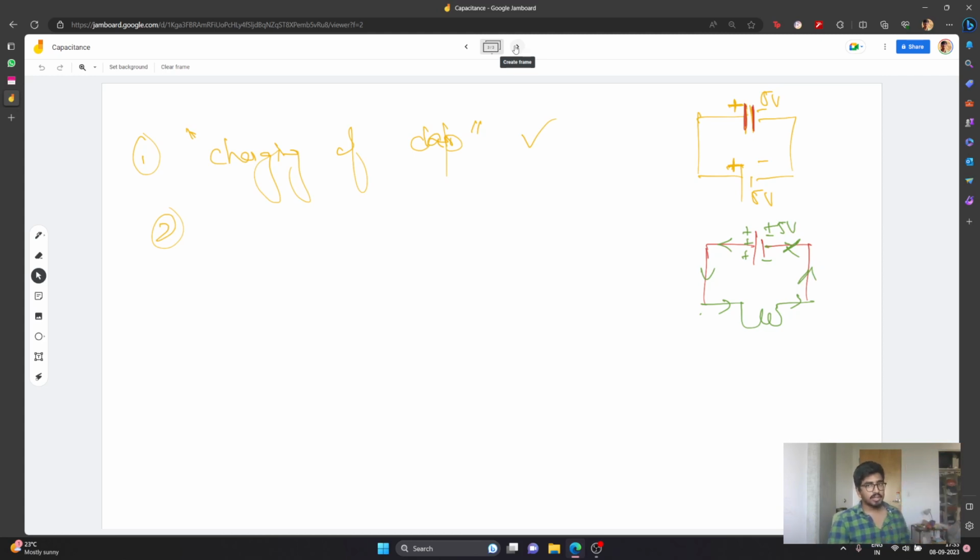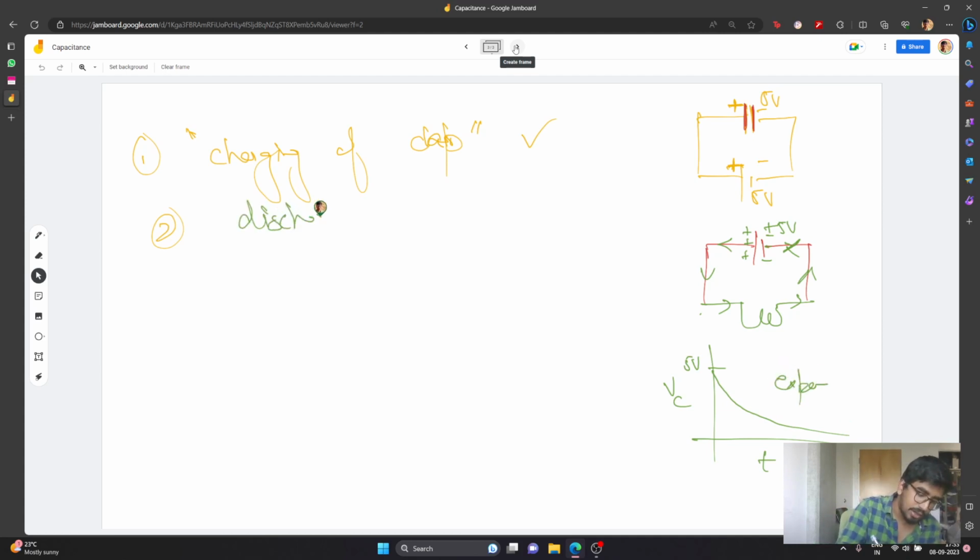and they equalize, till the point that the voltage across the capacitor, which also starts from 5 volts, ultimately drops down to 0 volts, again falling like an exponential graph. So this is what we call discharging of a capacitor, right? What happens is the bulb will have a sharp glow, and then it will just fuse out. Imagine a fuse blowing off. Fuse does not work like this, but it's just an example of a sudden glow,